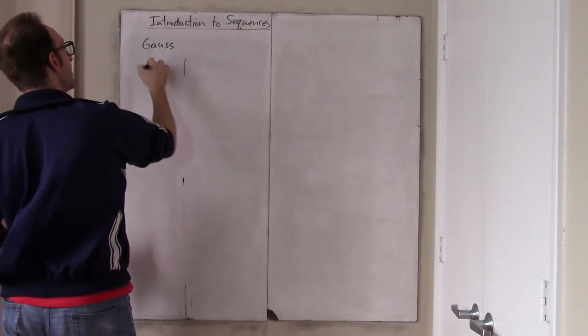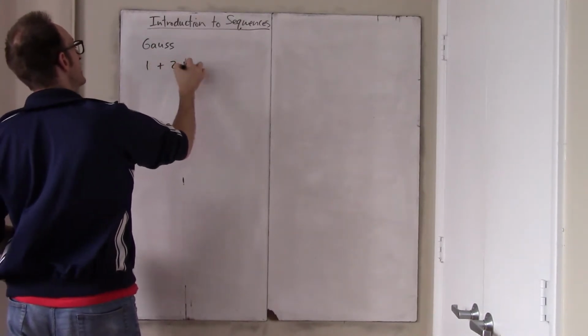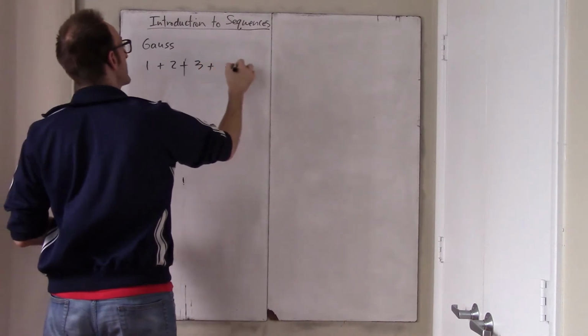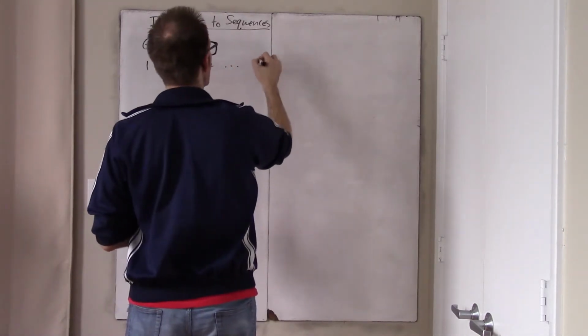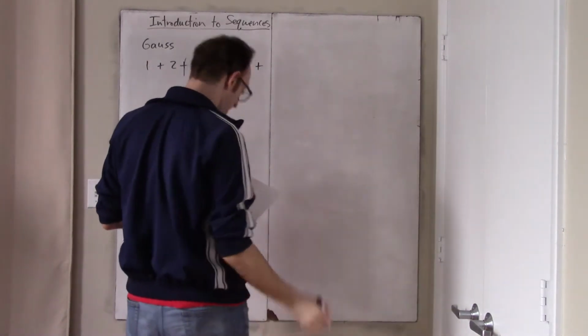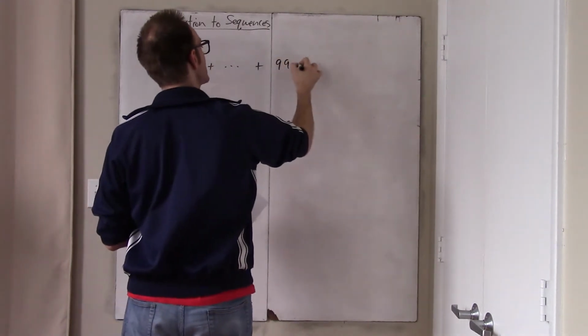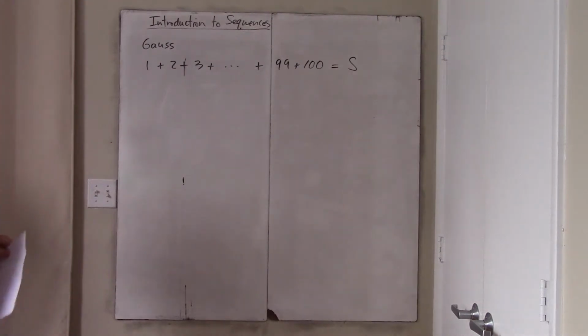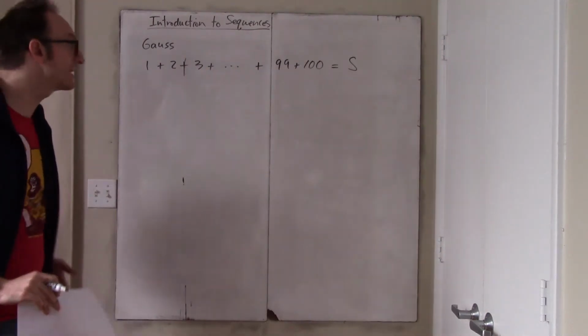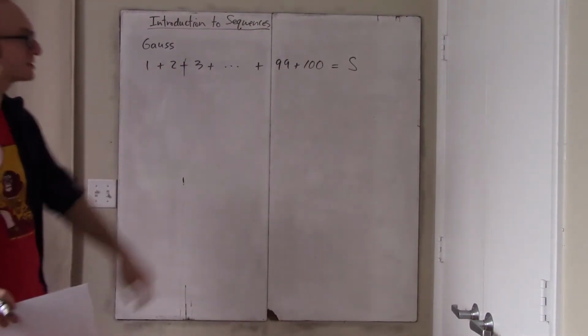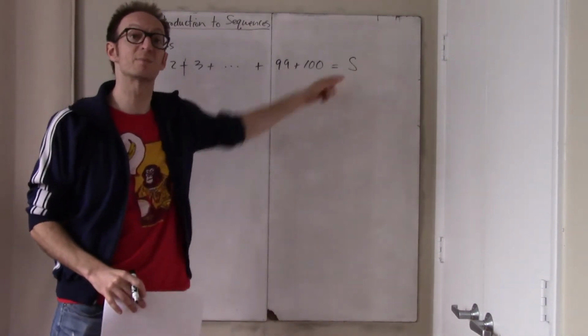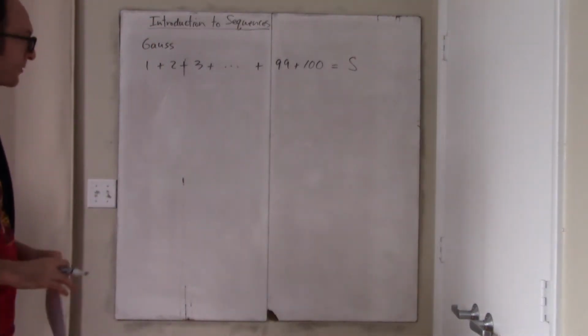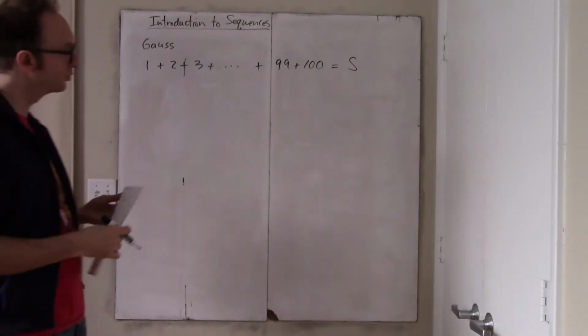We say, alright, I want to add 1 plus 2 plus 3 plus, and we go all the way up to 100. So I'll just say plus 99 plus 100. This is what I want to know, right? What is the sum from 1 to 100? Now if I write it out like this, and also introduce a little bit of algebra, in other words, let big S be this sum that I want. Now we perform this brilliant move, which is to